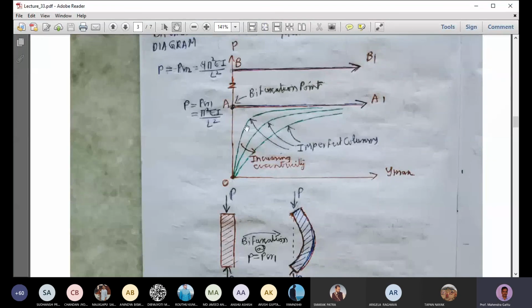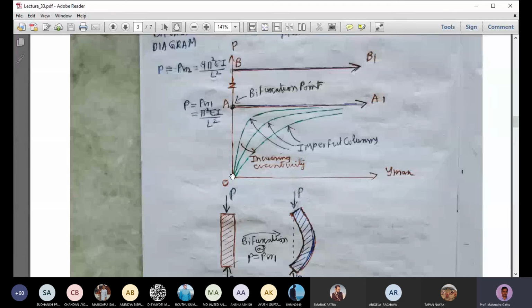For high eccentricities, we have this top green curve. This green curve will approach the vertical axis, and at the critical buckling values, there will be rapid deflection. And as eccentricity decreases, the curve will transform to the mid curve, and then to the bottommost green curve. Okay, so this is with the eccentricity changing. In reality, the columns will be loaded with some eccentricity. As a result, the experimental curves will be like this.